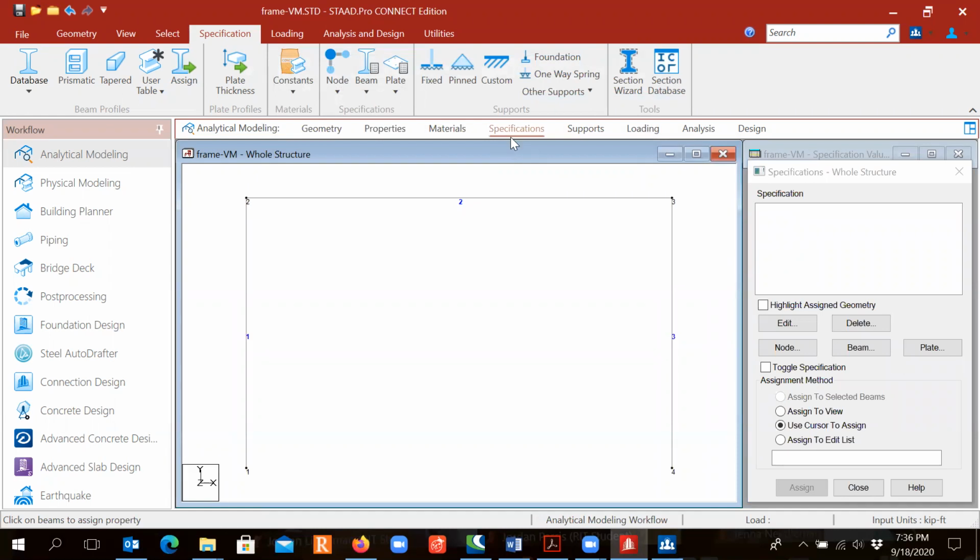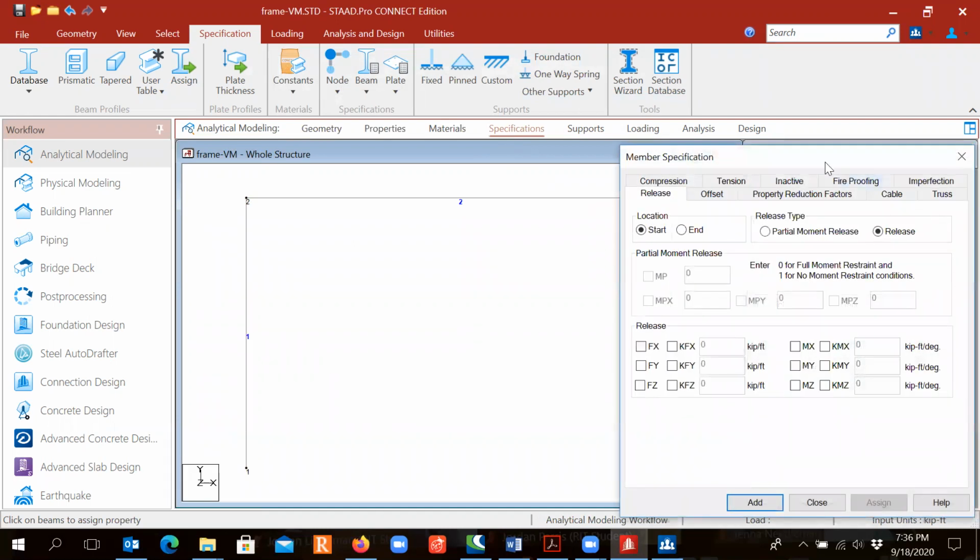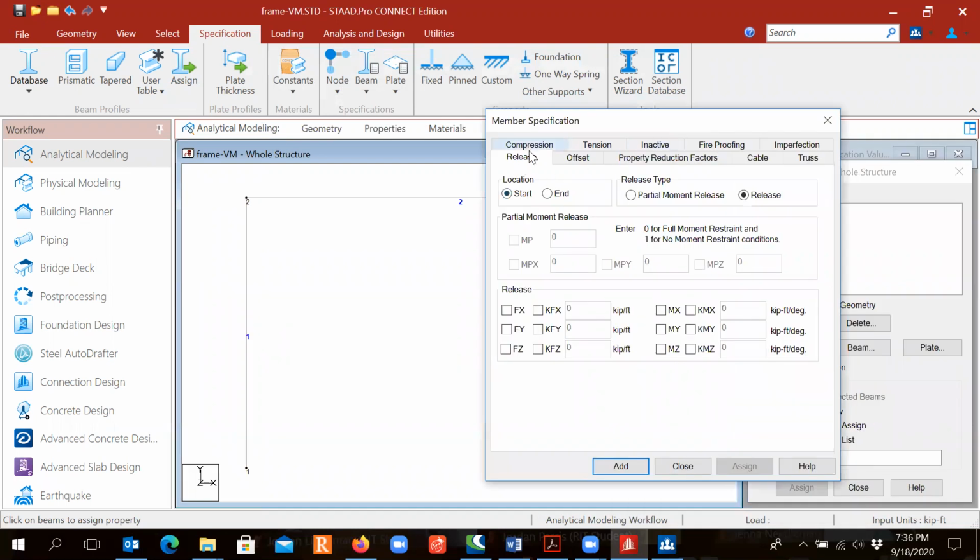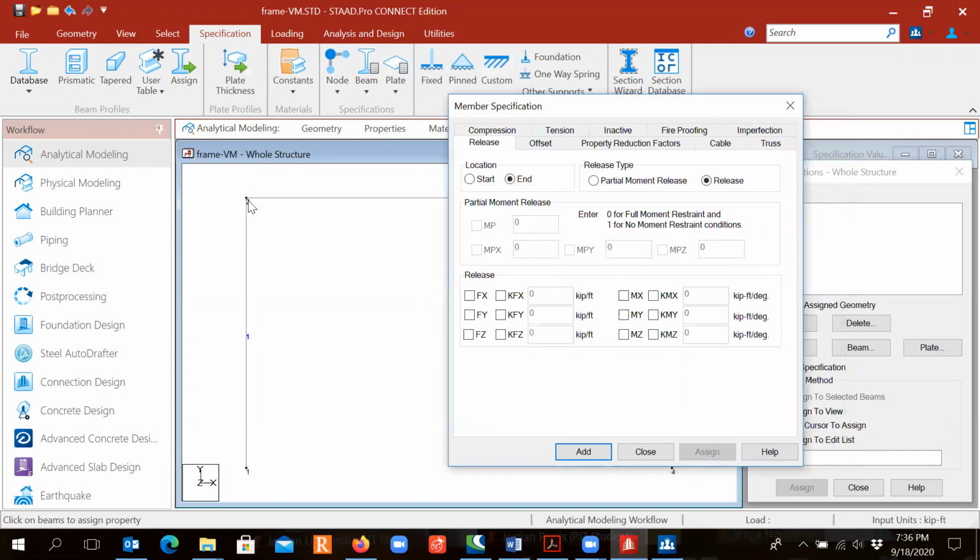Specifications is the place to release the moment at hinge connection. So we have two pin connections in this example, at node 2 and node 3. So we need to release the moment at these two nodes. Using the beam button and then release. And first the location, we'll put location at the end because node 2 is at end